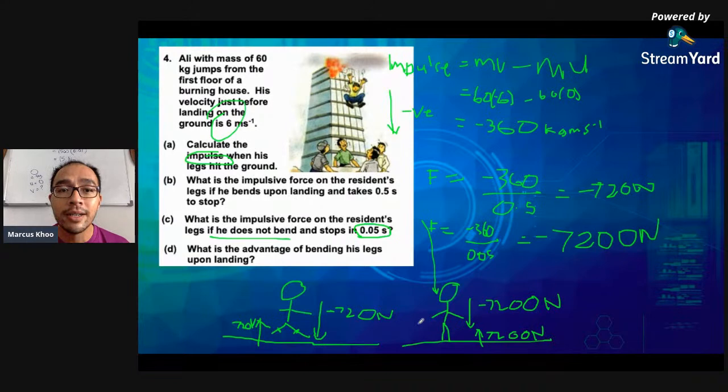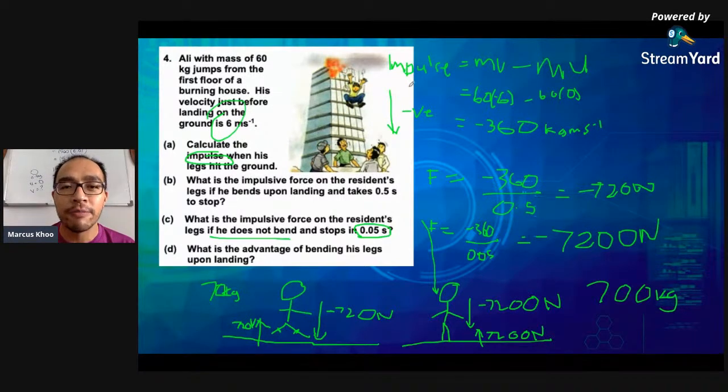You. If you think that landing with your legs straight is very glamorous, just think. Would you rather be slapped in the face with a 70 kilogram bag or a 700 kilogram bag? This is about 70 kilos of force. This is 700 kilos. Imagine if someone slapped your face with 700 kilograms. You know how painful that will be? So guys, I know I keep saying this, but please, of course the number one advice is don't jump off a building.